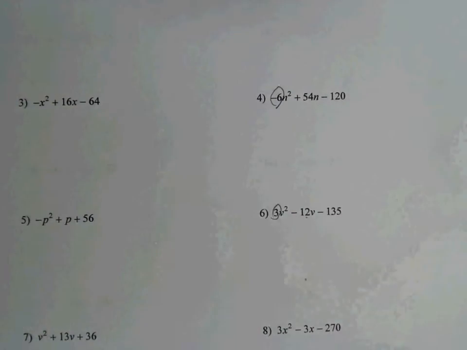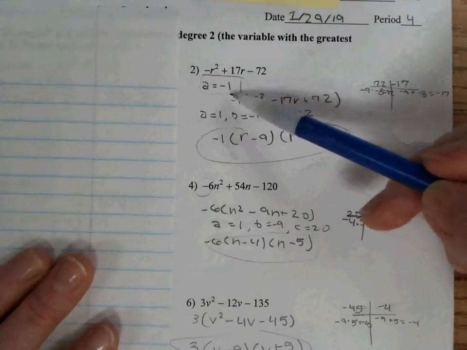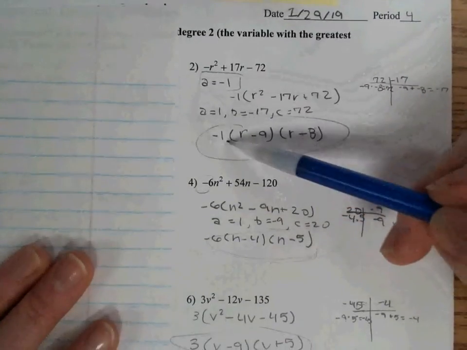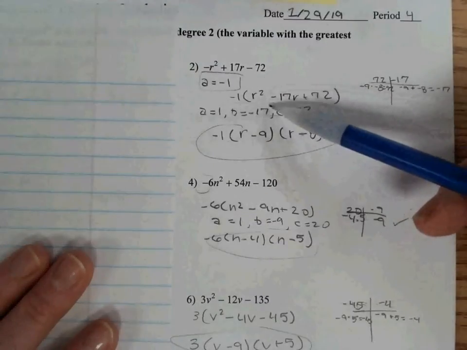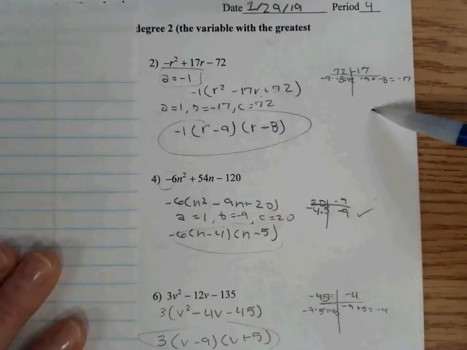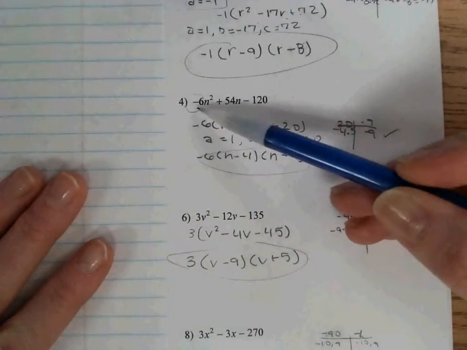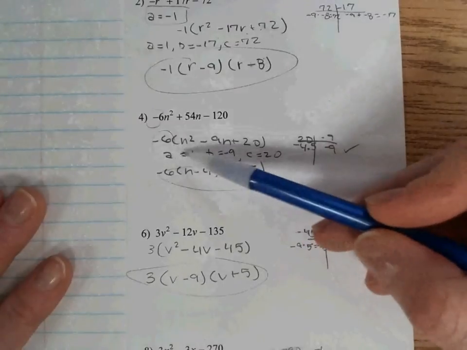So you found in number 2, if we factored out -1 from the entire expression, then we could factor, and now a equals 1. Similarly, in 4, we factored out a -6, and once you factored out that -6, then you